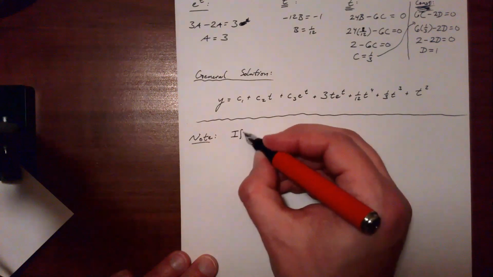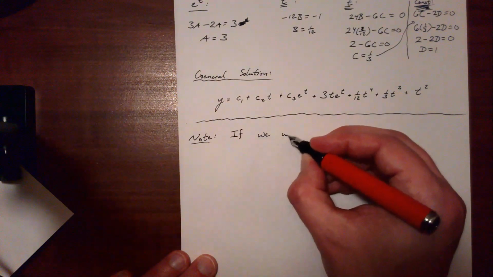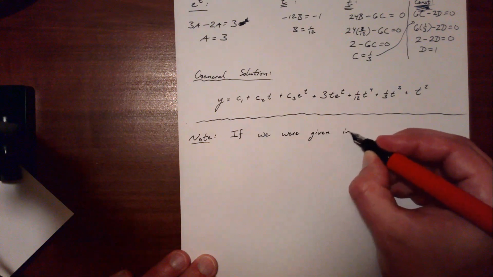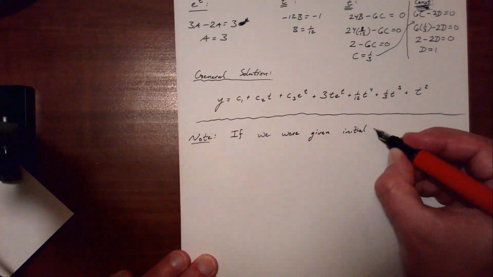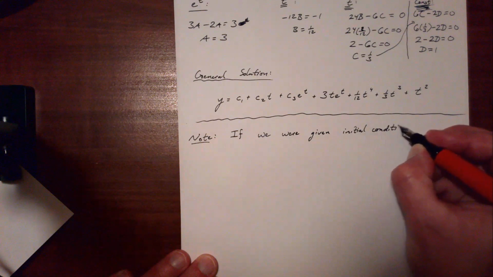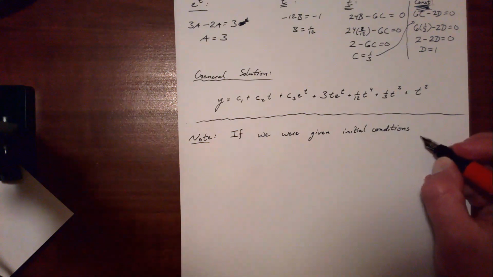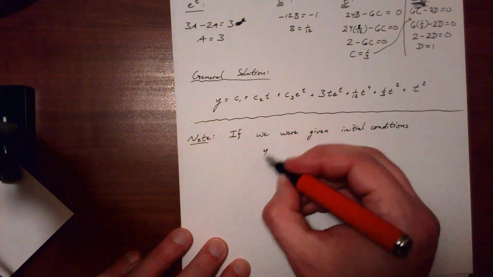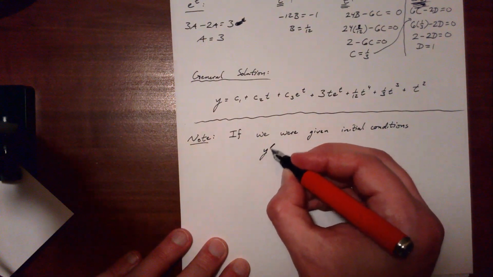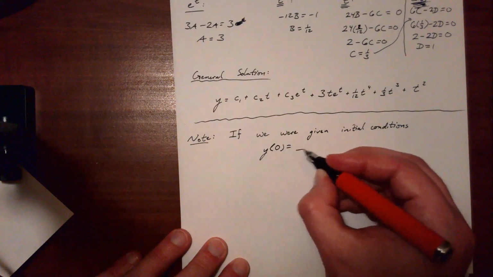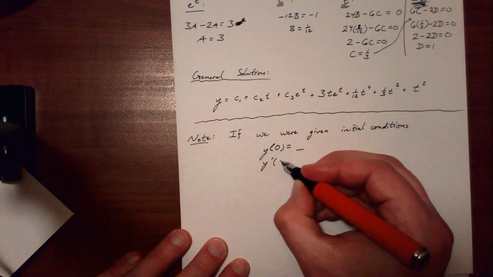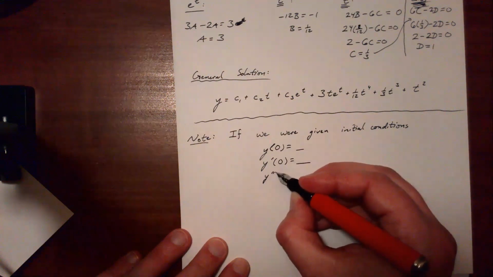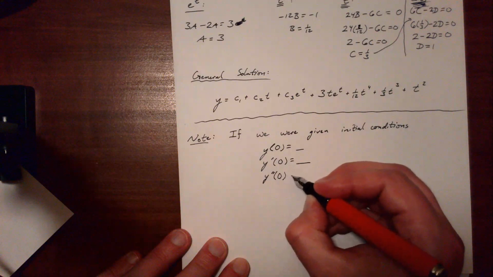If we were given initial conditions, y of 0 equals something, y prime of 0 equals something, y double prime of 0 equals something,